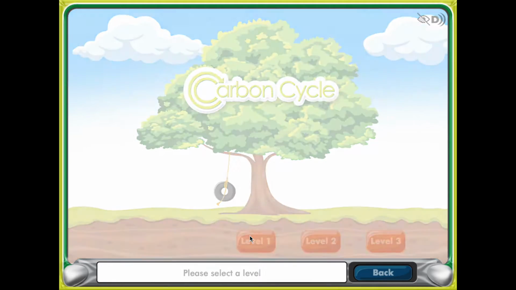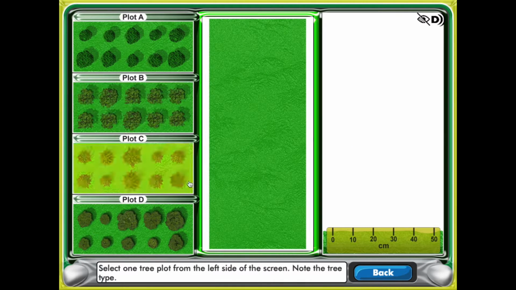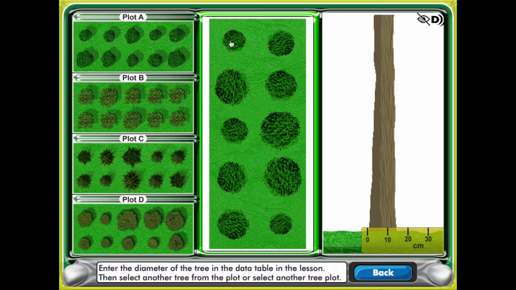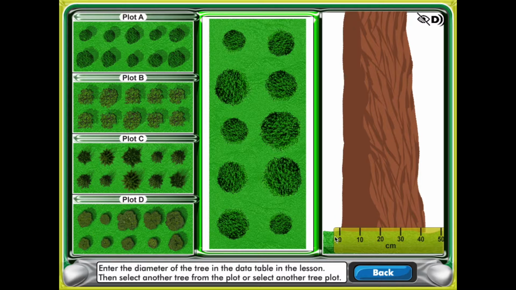In level 1, 4 plots of trees appear, and you are tasked with first measuring the dBH of each tree. dBH stands for diameter at breast height. To measure the dBH, select a tree plot, then select a tree, and use the on-screen ruler to measure the dBH. Select the next tree in the plot and continue measuring until all trees in all plots have been measured